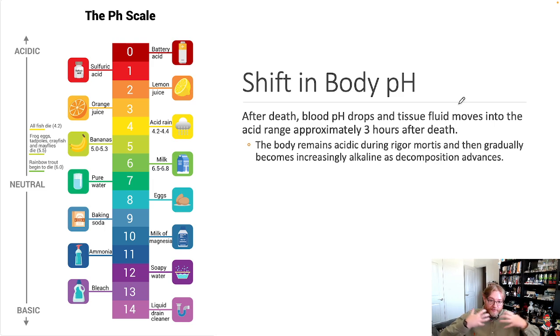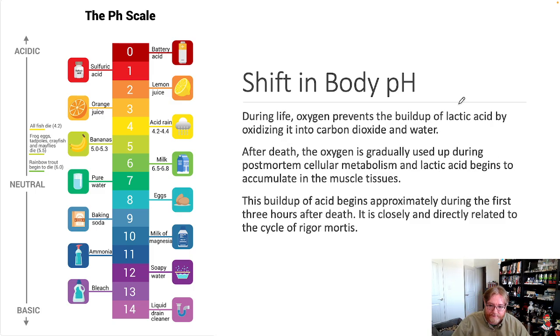As rigor mortis spreads, as the muscles go into rigor, as they lock down, as they cramp, you have lactic acid building up all throughout your body. So as this rigor mortis goes, you become increasingly acidic because of all this lactic acid buildup. And then what happens? The lactic acid breaks down. And as it breaks down, it starts going in the opposite direction.